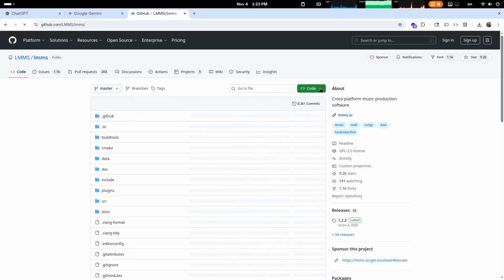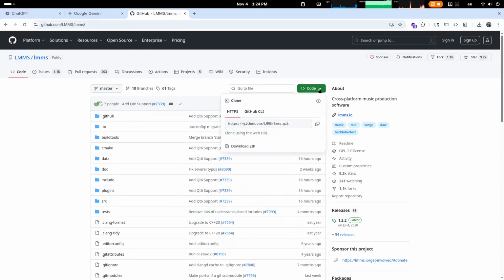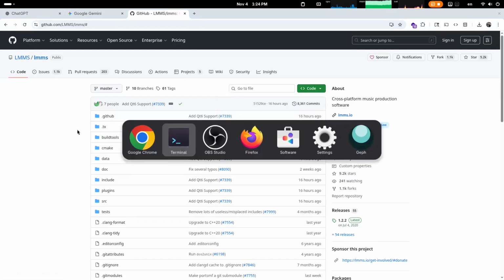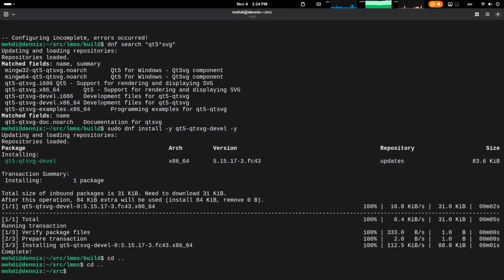So get the code link using the code button and select either the HTTPS or the SSH link, which is not available currently because I am not signed into my account. But I have taken that link before, and if I want to use that link,